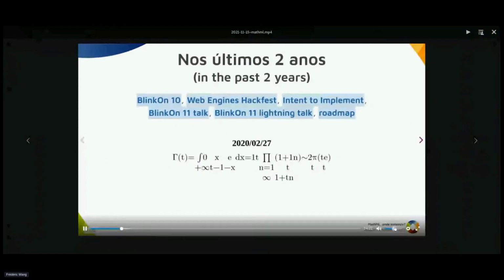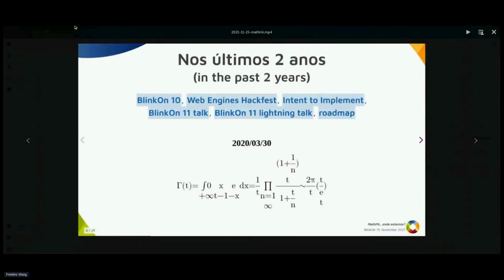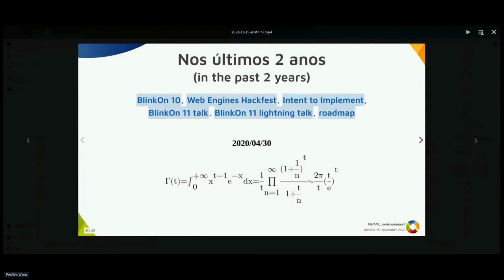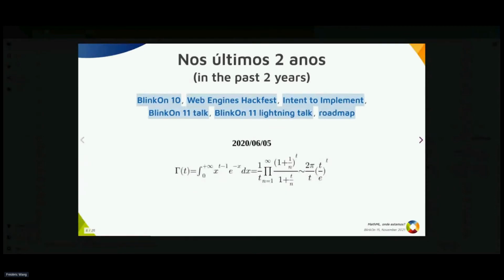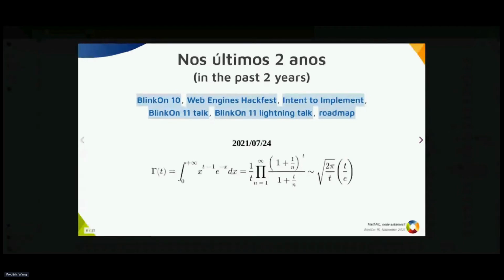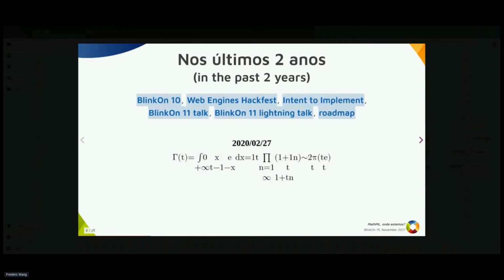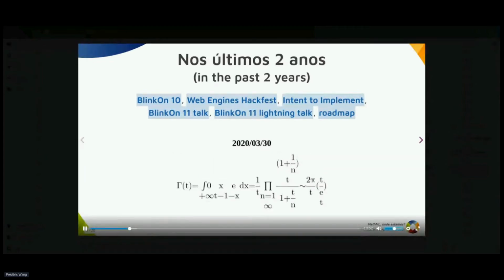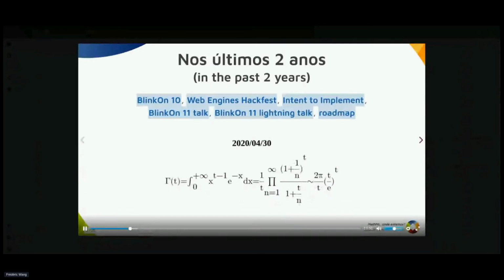So 2 years ago, we also gave several talks and published several posts in order to announce that we are working on a development branch for MathML and that we plan to upstream it. And now, 2 years later, we have almost upstreamed all the MathML patches for Chromium, at least the most essential ones. And you can even try a Chrome release with experimental web platform features enabled, and you will already see